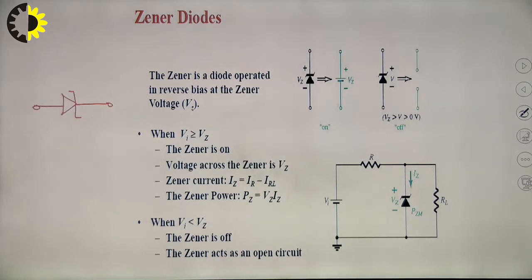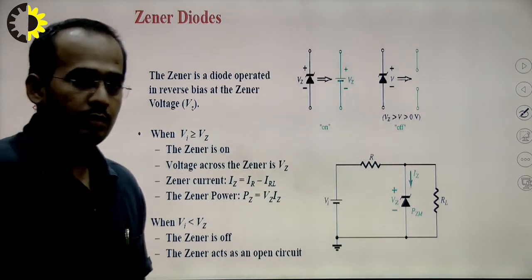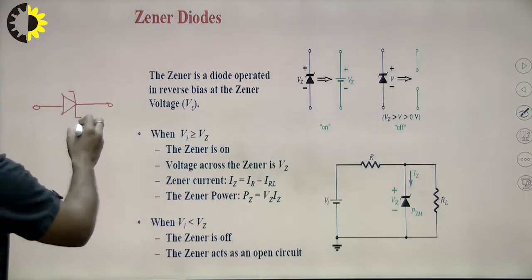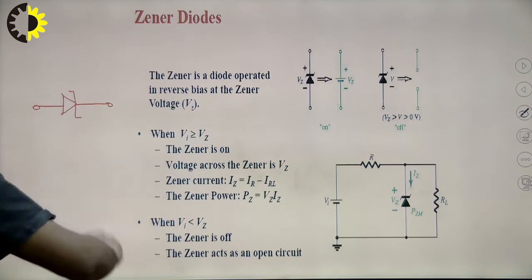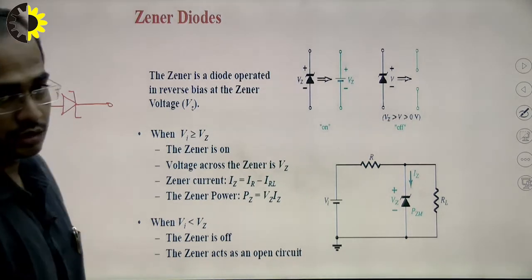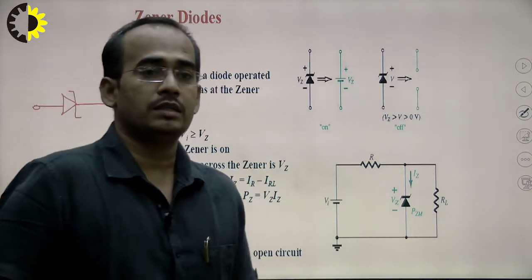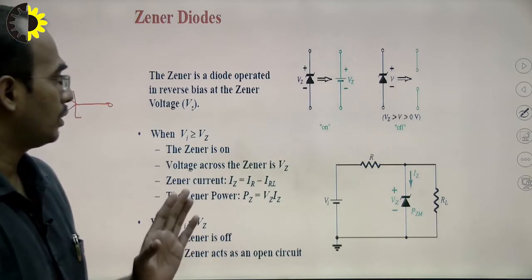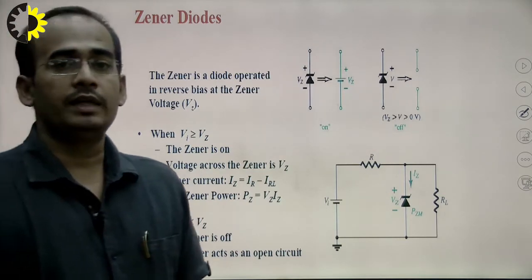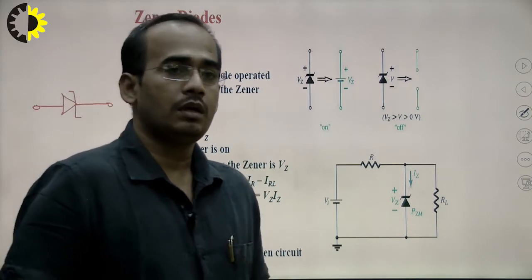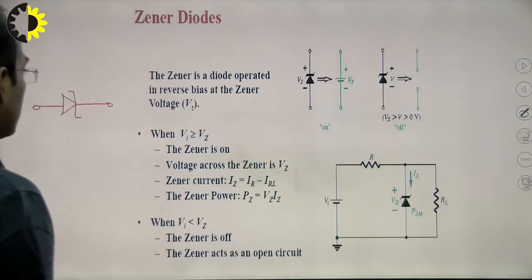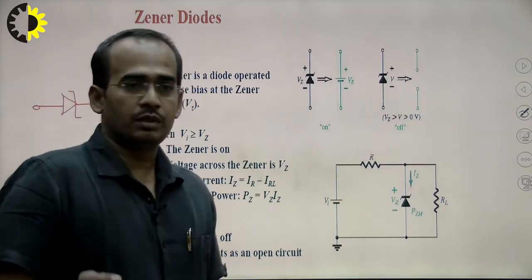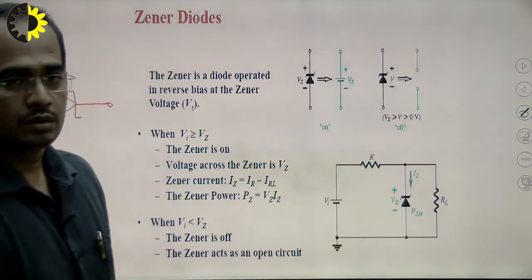When this Zener diode operates in forward bias mode, or you can say when we apply the forward bias voltage across the Zener diode, this Zener diode will simply behave as a PN junction diode, and it will follow the forward VI characteristic of the PN junction diode. As I told you, a Zener diode is a heavily doped PN junction diode.